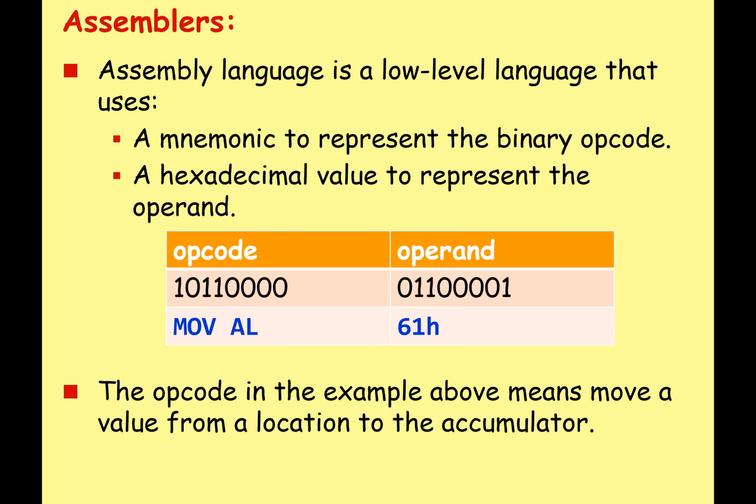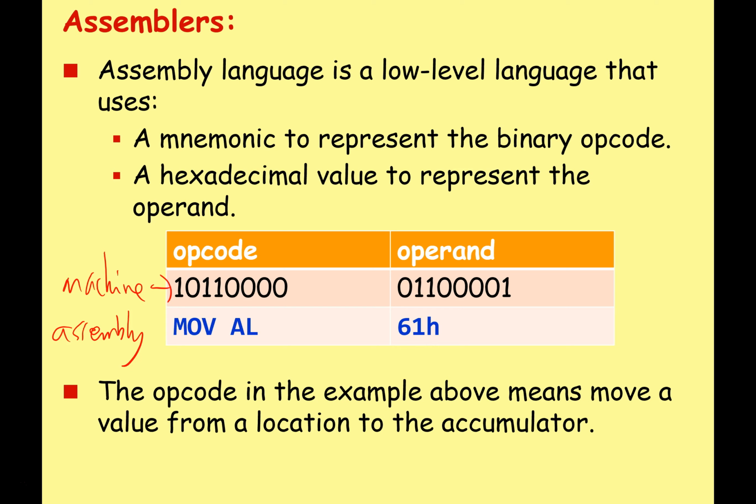So what we should remember about assembly language is that it's a low-level language that is very close to machine code. So if you look here, we've got some machine language, some machine code here. We've got the opcode and we've got the operand. It's all binary ones and zeros. And when we look at it in assembly,